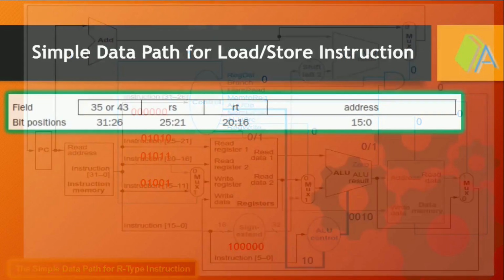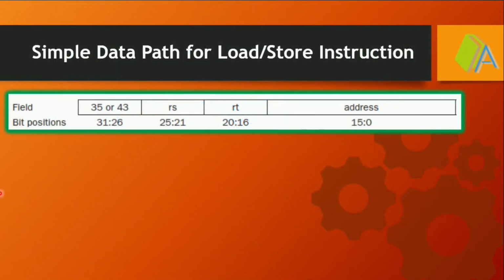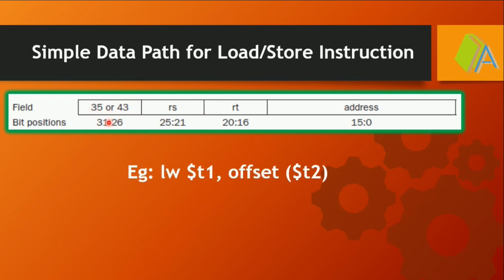So we can see the next one, data path design for load or store instruction. Load as well as store instruction comes under the I-type instruction format. 35 is the opcode for load, 43 is the opcode for store. For example, I am going to design the data path for load. So load word, so this is